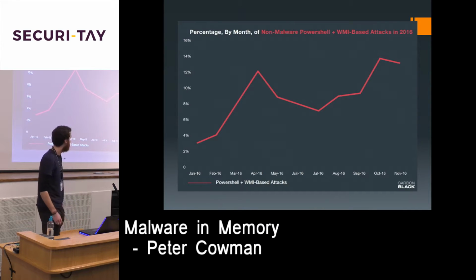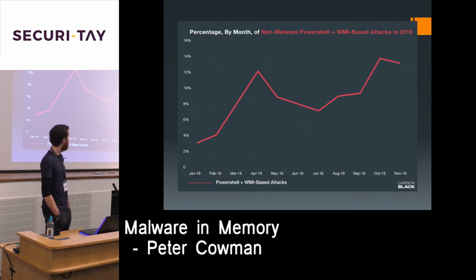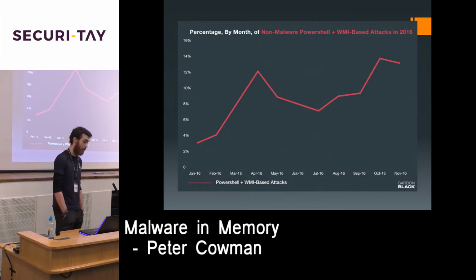This is a graph from a report by Cowman at the end of 2016. Now, I'm a great believer that you can prove anything with statistics, but I think it's a useful graph anyway, looking at percentage by month of non-malware PowerShell and WMI, or Windows Management Instrumentation, attacks that their customers experienced in 2016. You can see at the start of the year, from around 3%, it jumped to 12% almost immediately,